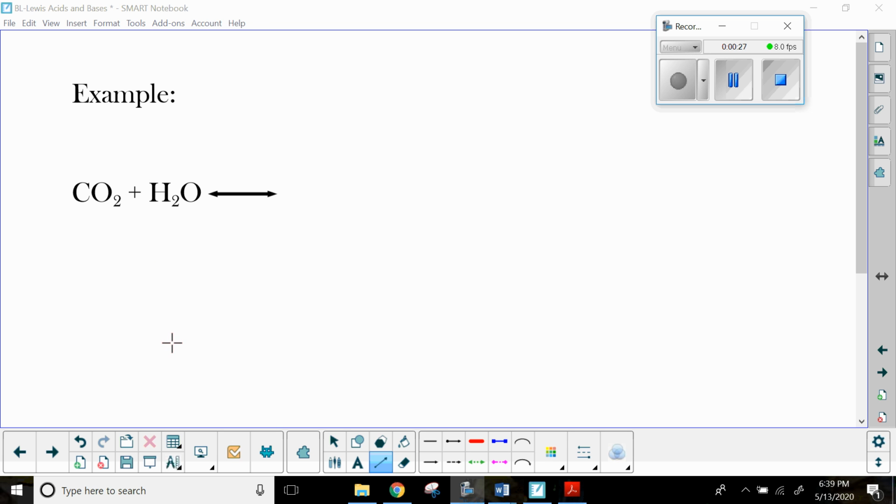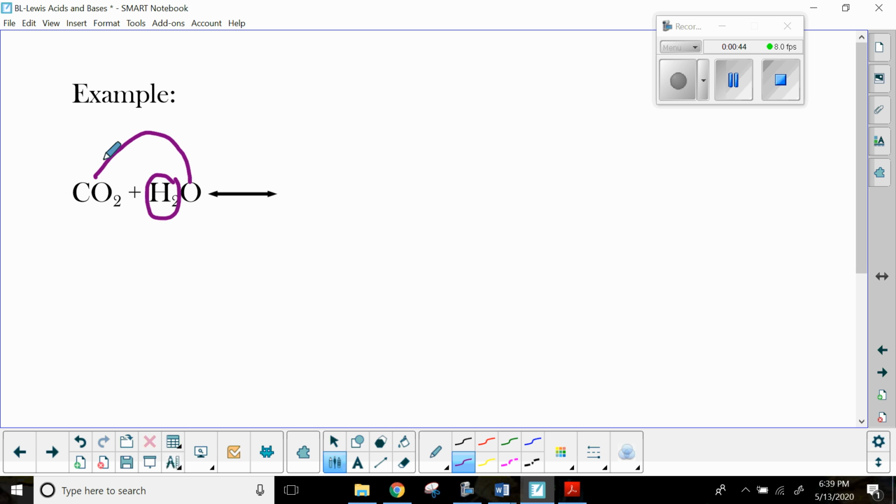This is actually an addition or a synthesis reaction. So what I can identify here is that water is going to be my acid, because it contains hydrogen. And so what will happen here is the water will donate its protons to the carbon dioxide. So you're going to put both water and carbon dioxide together, and you will end